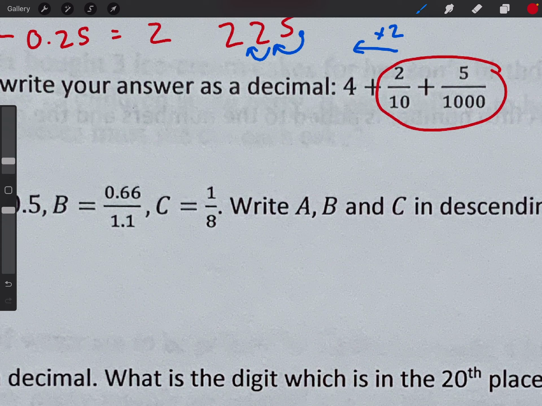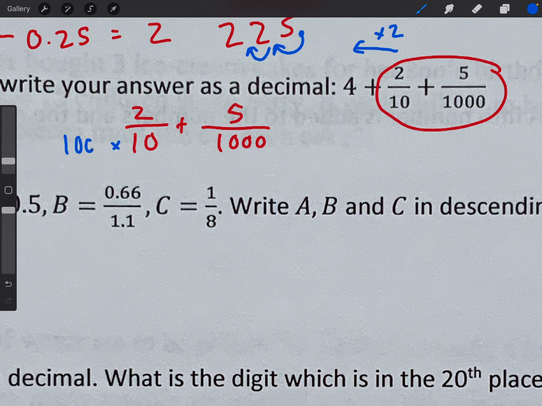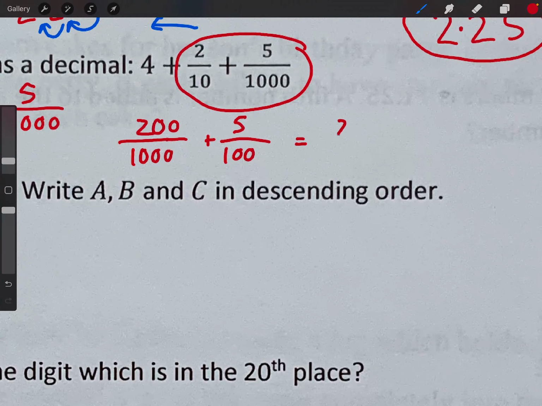So I'm going to add these 2 first instead of adding the 4 and the 2 over 10. So 2 over 10 plus 5 over 1,000. Now we have to make the bottom number the same. So I'm going to turn the 10 into 1,000. I'm going to times this by 100. It's missing 2 zeros. If I times that by 100, I must times the top by 100 as well. So now I have 200 over 1,000 plus 5 over 1,000. Well, that just becomes 205